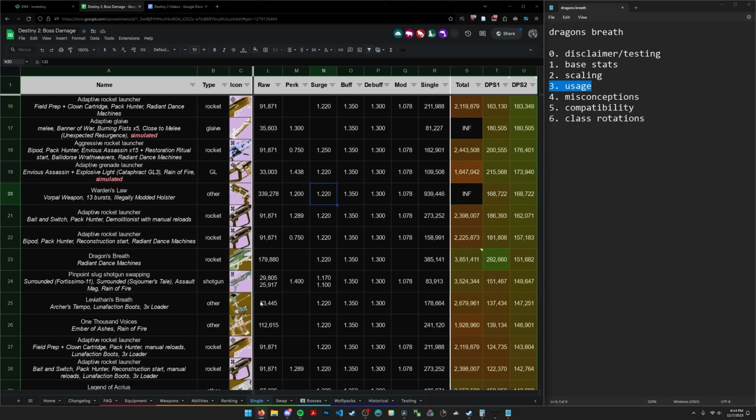It's basically like an auto-loading Hothead, except the Hothead has built-in Pack Hunter. It has enhanced surrounded, and it also just spits out scorch everywhere, right? It just ignites the target repeatedly. So really, really great. Now the problem is, one of the reasons why Dragon's Breath is inconsistent is because of